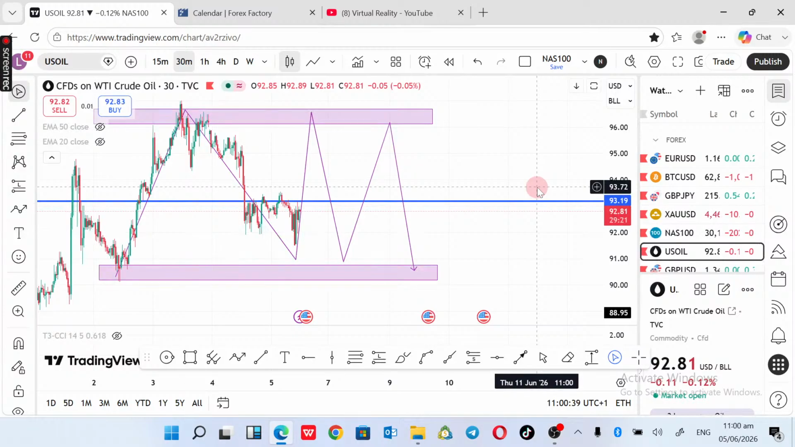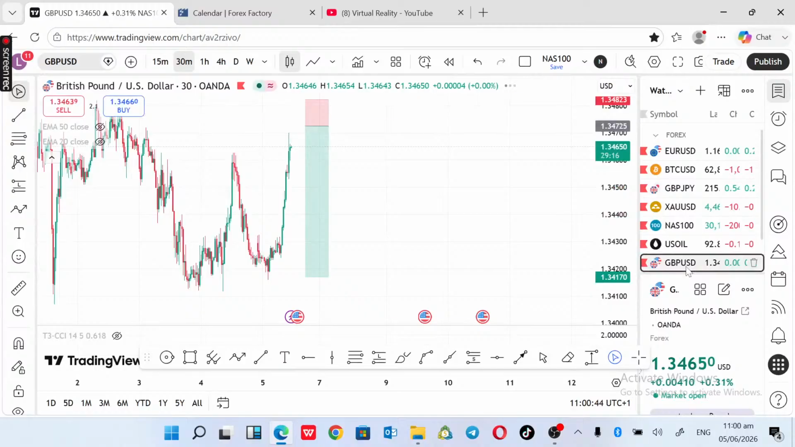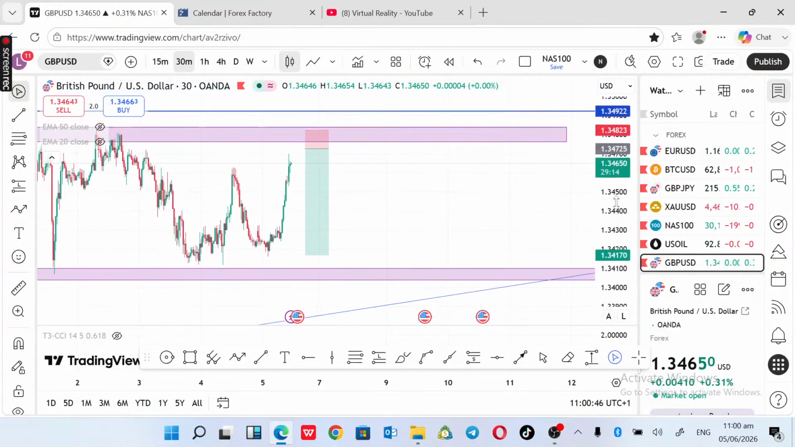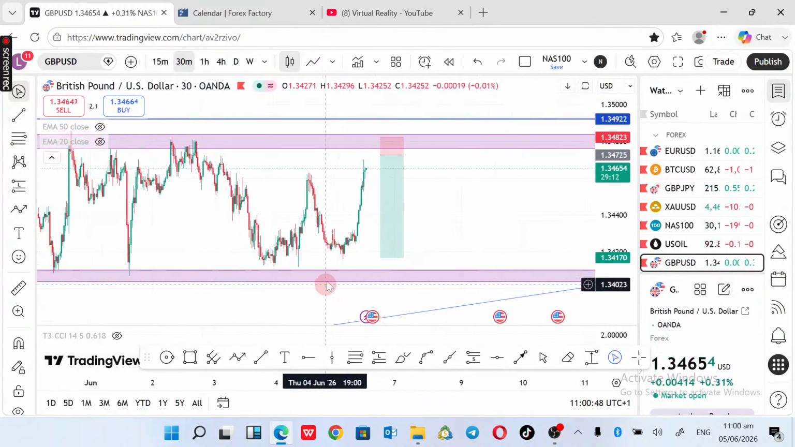So let's also look at GBP USD, one of the currencies I love so much. I was on it this morning. I think I made some profits. Now, I traded this market this morning from somewhere here. I got my entry